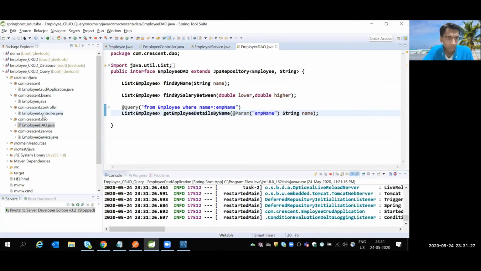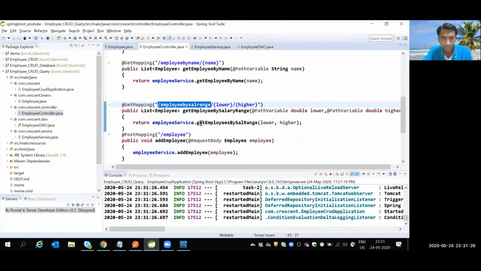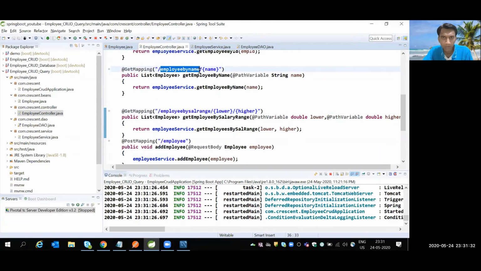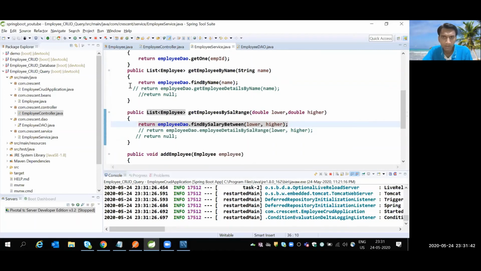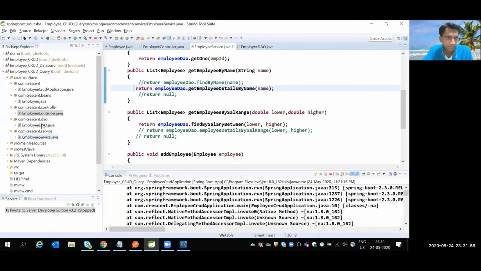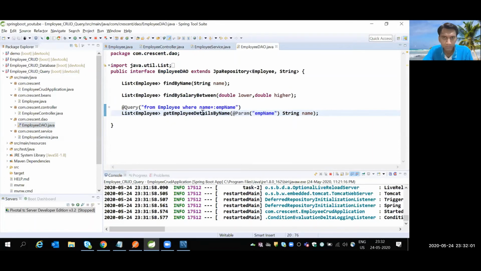In the controller, same as employee by name, and then in the service layer, instead of calling find by name, I'm calling a method which has the @Query annotation, employee.getEmployeeDetailsByName.